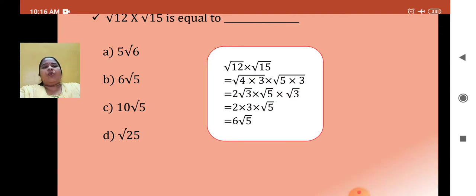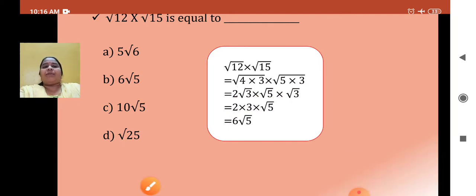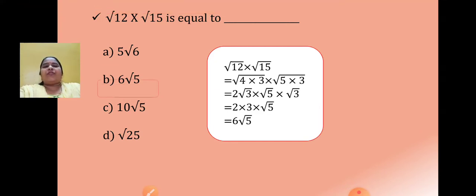Now square root of 4. What will come out of the radical sign? 2 will come out. Correct? Root 3 will remain under the radical sign. This I am separating, root 5 into root 3. Okay? Now see. 2 as it is. Root 3 into root 3. What is it now? Root 3 into root 3 is 3. And root 5 as it is. So 3 2s are 6 root 5. I hope this step is clear. Factorize it. See what can be taken out of the root sign and what can be left inside the radical sign. Accordingly write the answer. So for this, which one is the correct option? Option B, 6 root 5.